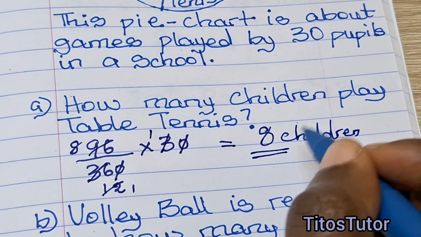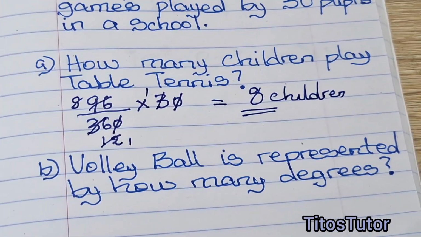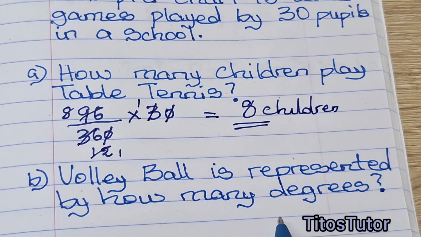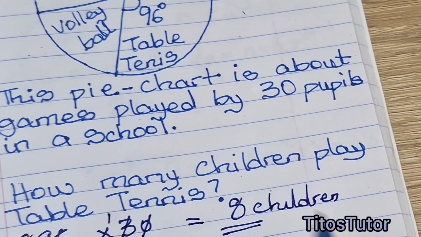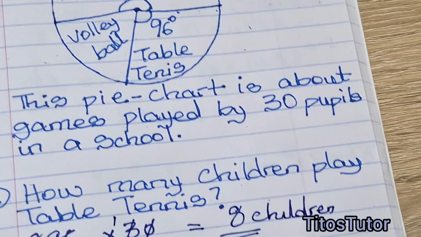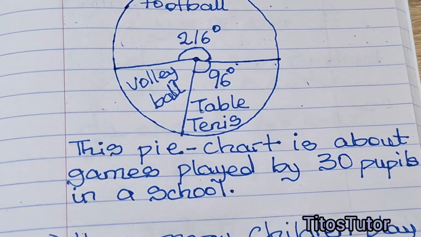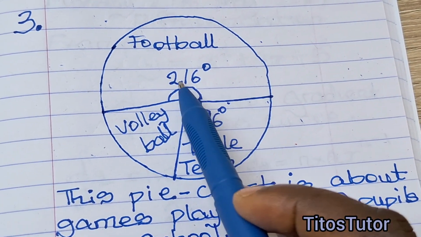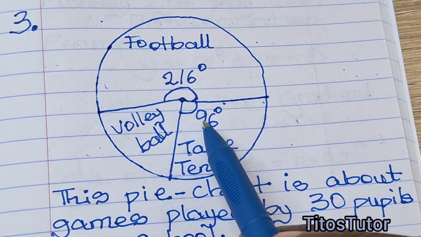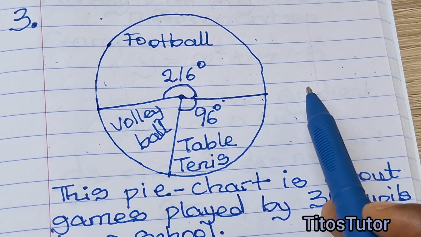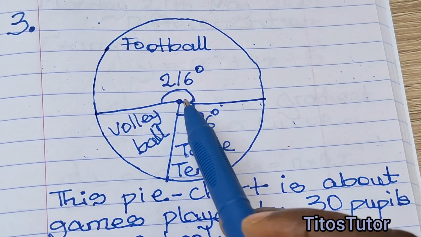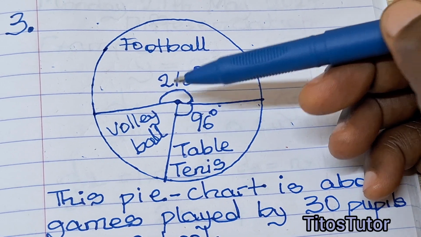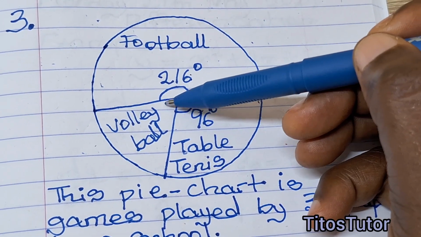And I'm done with the A part. Here's the B part. It says, volleyball is represented by how many degrees? We'll go back to the charts. As you can see, this was given as 216, this was given as 96, but this wasn't given. But you know that a revolution is 360. So if I add these two angles together and I subtract it from 360, it gives me the angle of